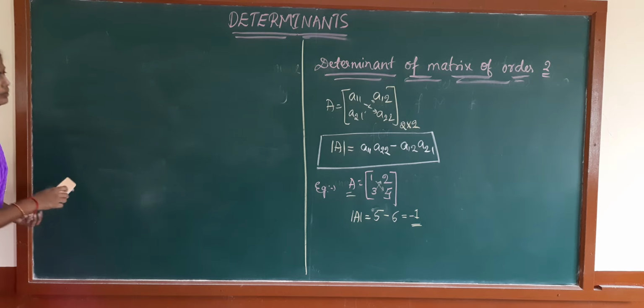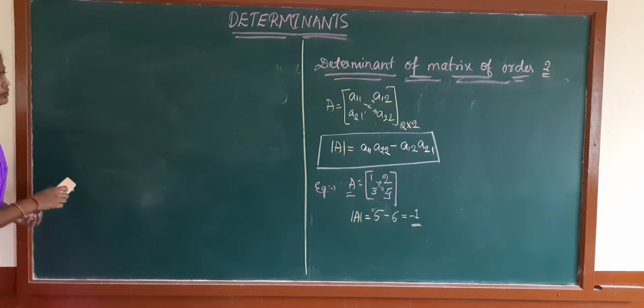This is the determinant of a matrix of order 3. So this is the general representation of a matrix of order 3. So this will be the general form. I know this may not be clear to you. So if we solve one problem, this concept will become clear. So we have to solve one problem of matrix of order 3, then we will understand clearly.